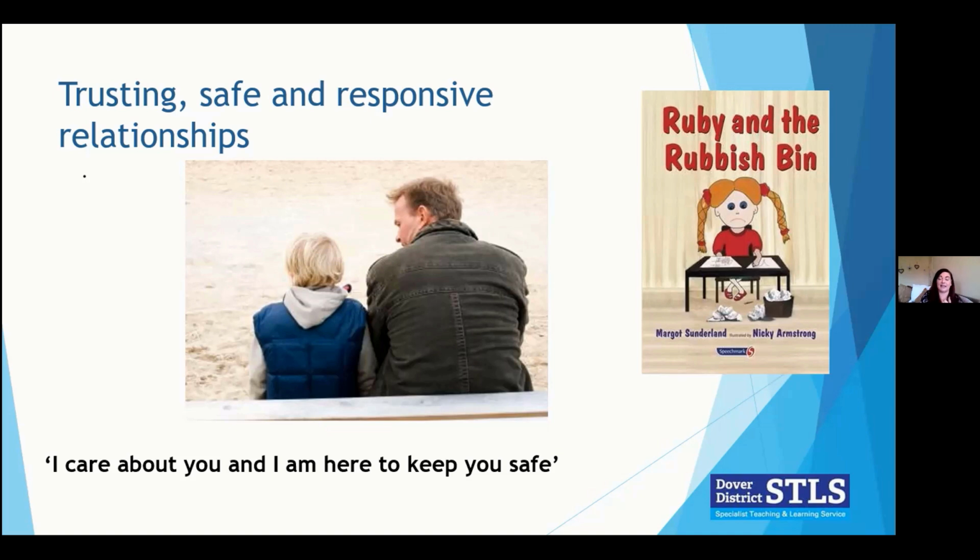So when I left early years, I became a TA in a mainstream school, and I supported a child who had his one-to-one for 2 years. And now I was employed to be that person. So I spent the first 3 months of my role wondering if I'd made the right choice, what I was doing wrong. The child was distressed daily, he was displaying challenging behaviours daily, and it took some work. My approach was consistent, the boundaries were firm and clear, and I was responsive to his needs. And we built an amazing relationship and spent the following 2 years learning and achieving together.